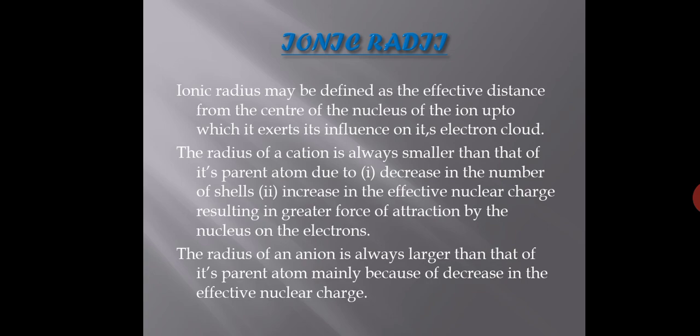Whether the ion is positively charged or negatively charged: if it is positively charged, it is cationic radius. If it is negatively charged, it is anionic radius. From the center to the outermost shell, where the density of the electron cloud is maximum, we can say that. Clear? But here the atom is not neutral, instead of atom we are taking an ion. The radius of the cation, remember it, is always smaller than that of its parent atom. Means Na+ ion is always smaller than Na.